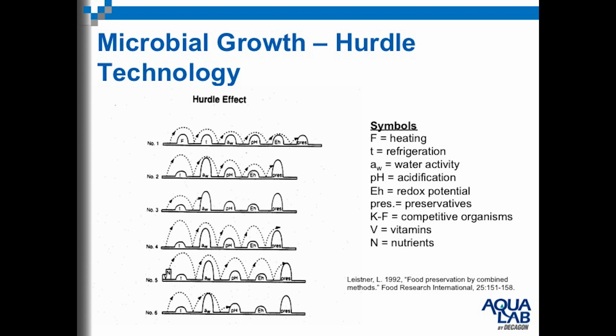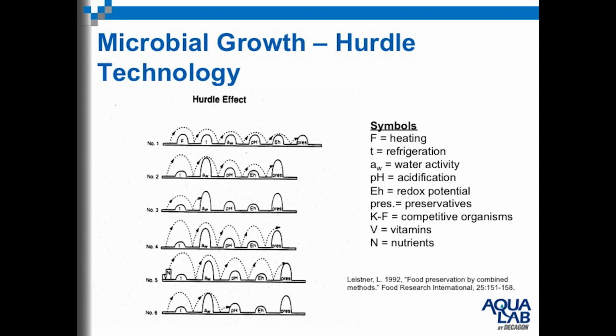Okay, so then how do water activity and pH come together? At first we asked the question, is it water activity? Well, we've shown that yes, water activity can control the growth and there are minimum growth limits. Is it the pH? Well, we've shown that that's also true. There are minimum growth limits for microorganisms based upon pH. But if we combine these effects, we can actually get more effective control of microorganisms, and that's something we call